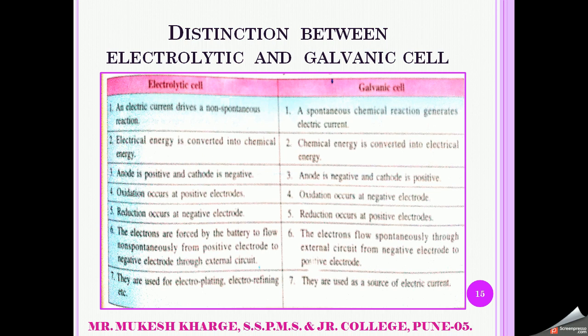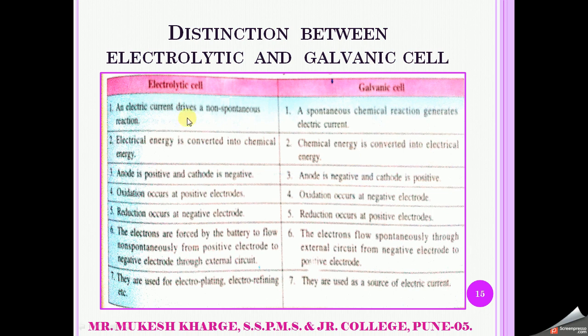Now, to write the distinction between electrolytic cell and galvanic cell. In an electrolytic cell, electric current drives a non-spontaneous reaction. Without electric current, the reaction cannot proceed. But in a galvanic cell, a spontaneous chemical reaction generates electricity. So the reaction takes place on its own and creates electricity, and we can measure the voltage. In an electrolytic cell, electrical energy is converted into chemical energy, while in a galvanic cell chemical energy is converted into